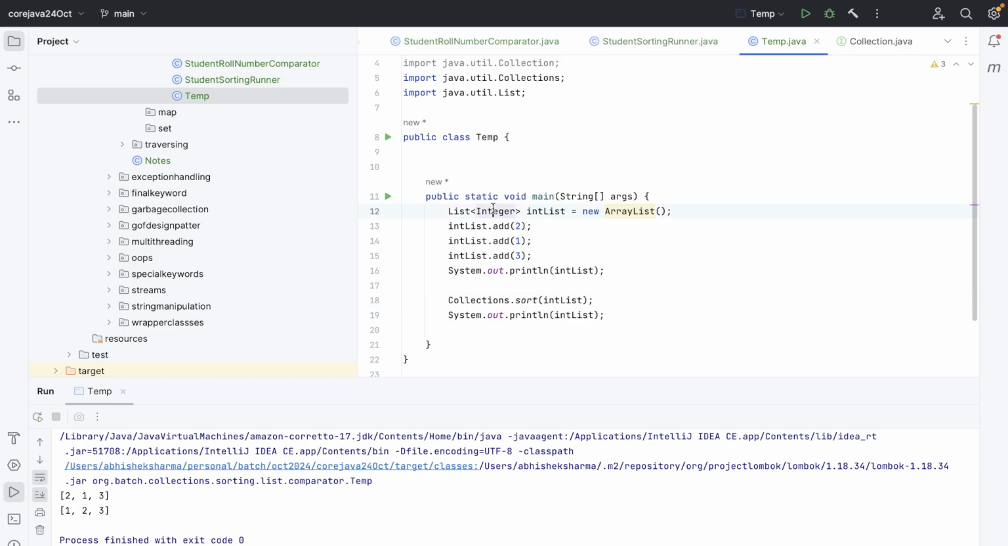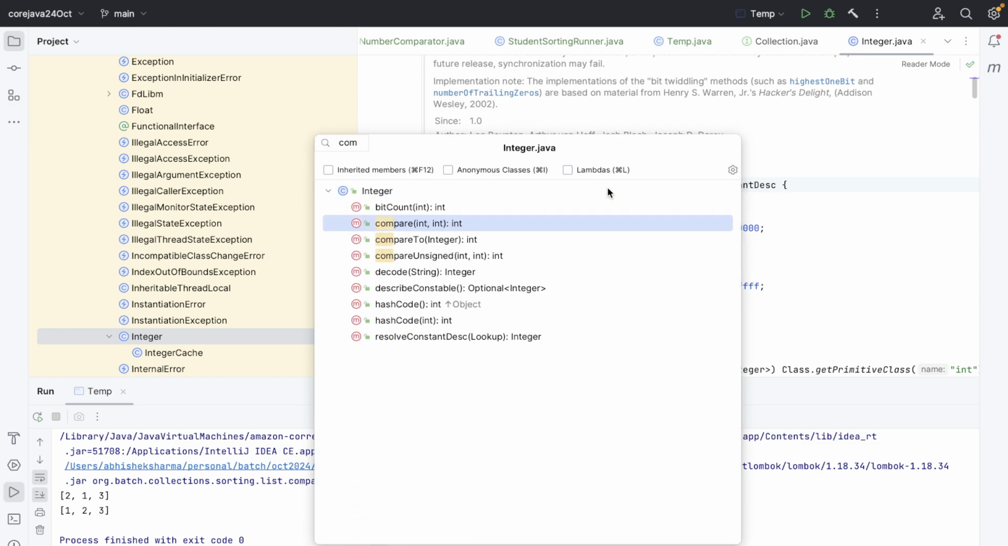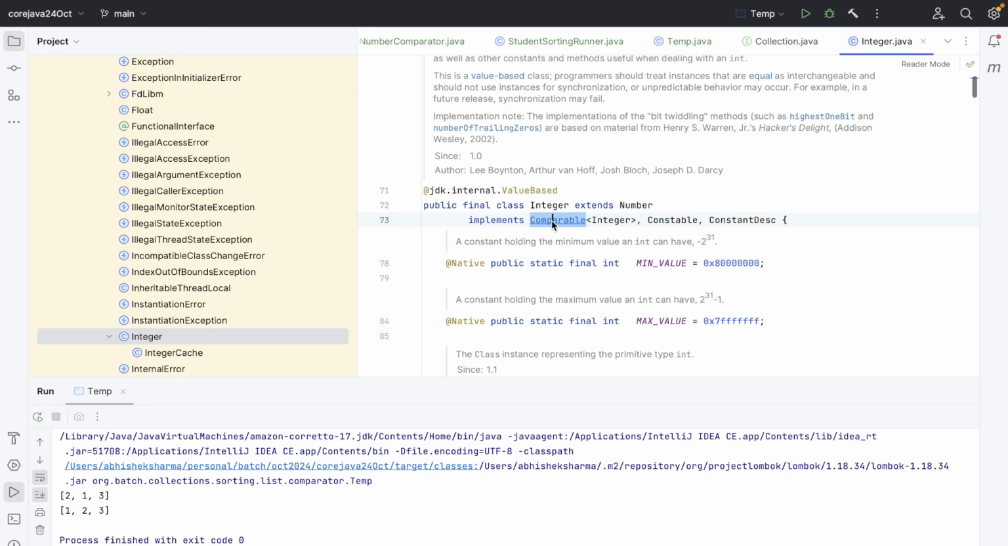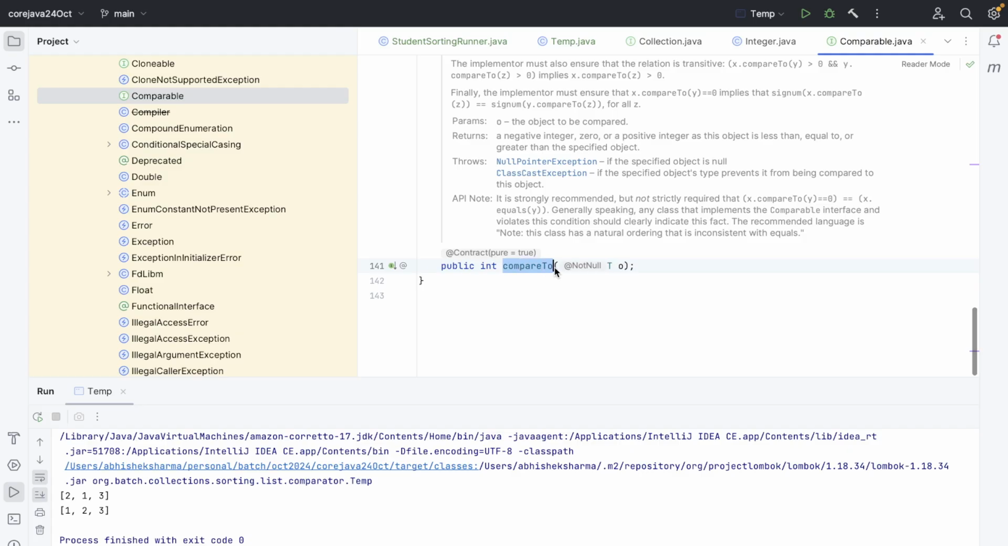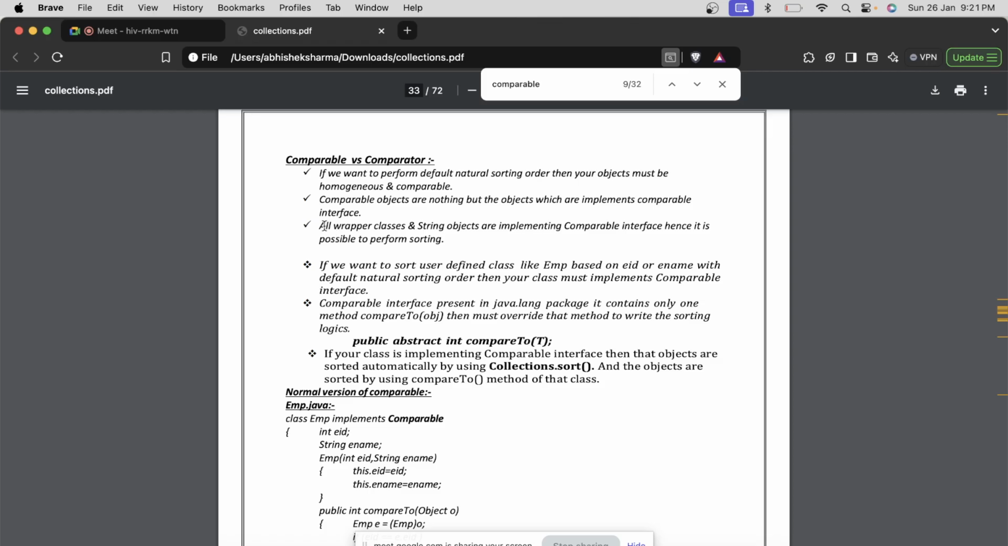The reason is the Integer class is implementing Comparable. With Comparable of Integer it implemented, so it has implemented a method compareTo. This is the method that we have to implement if we are implementing Comparable. That's why all wrapper classes implement Comparable, and that's why we are able to use Collections.sort directly on it, but it's the default. Why do we call it default sorting order? The reason is we can have only one,